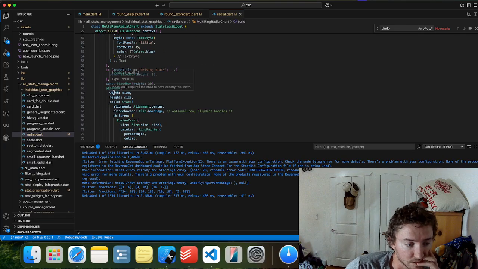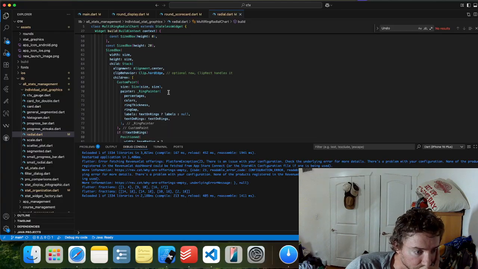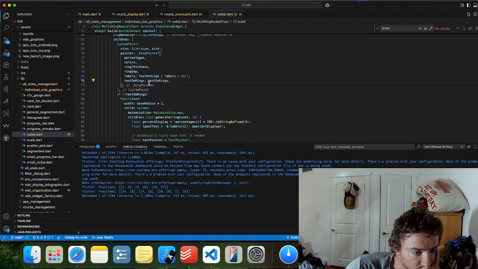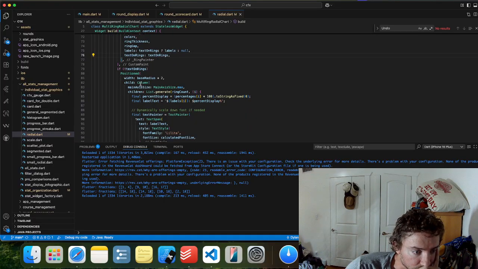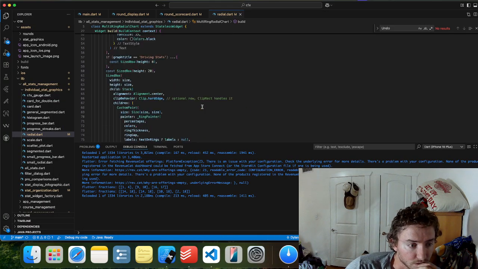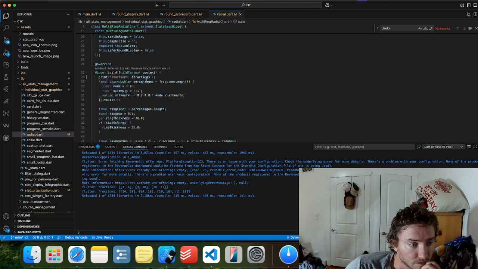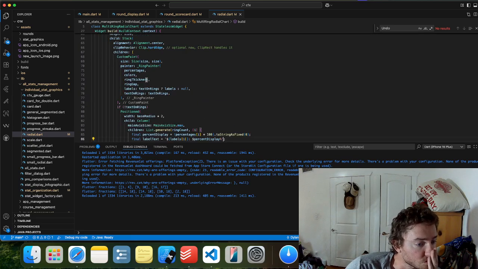Graph title, stack, custom painter. If text on rings, column list, generate ring count. Oh, so I do just create it here though, and then pulling the fractions from that.